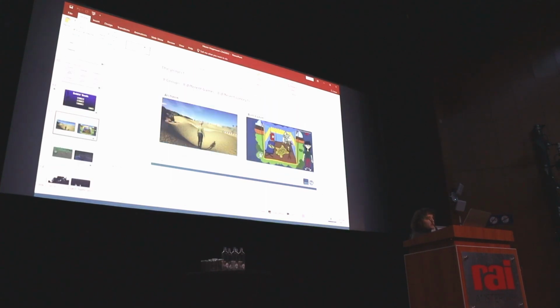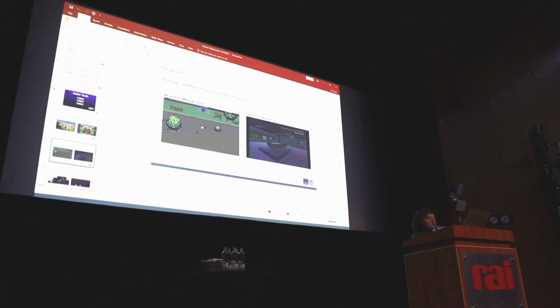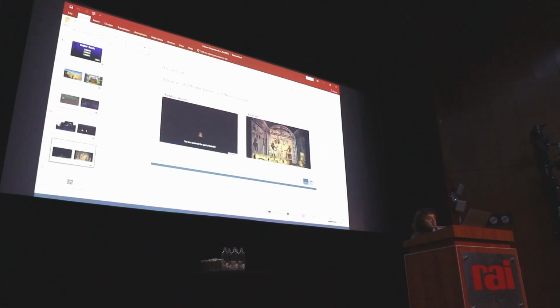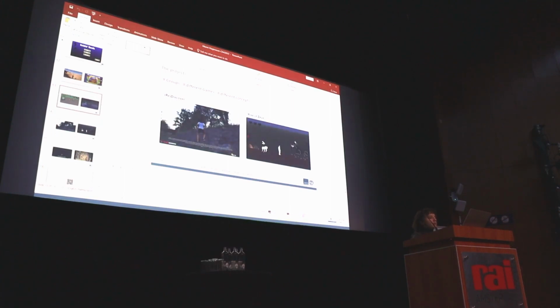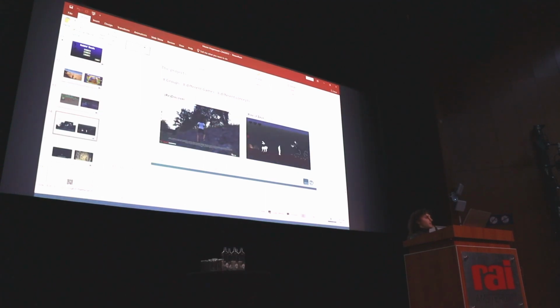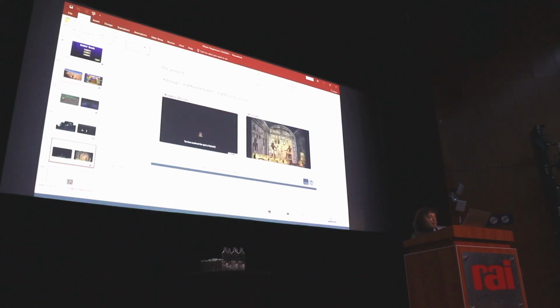So besides these 2, there are of course 6 more games, so 8 groups in total. You can have a look here and here, like Rediscover, and you can also see they have different kinds of styles. It doesn't always look the same. So it's a 2D game or a 3D game, or a jump and run, or a simulation. So they have different kinds of expression to show their creativity.